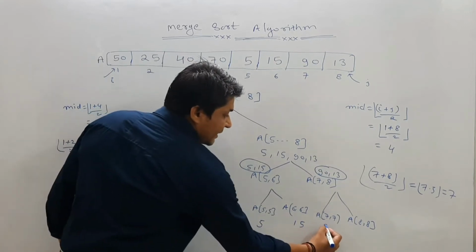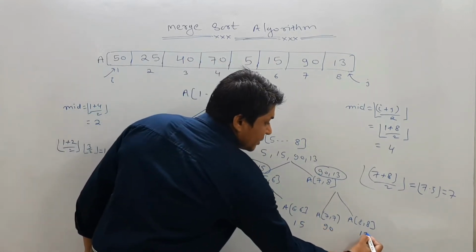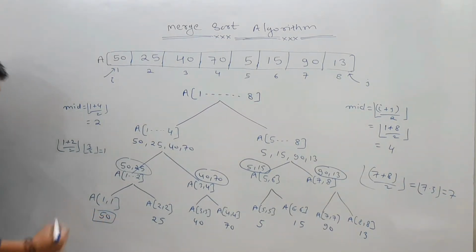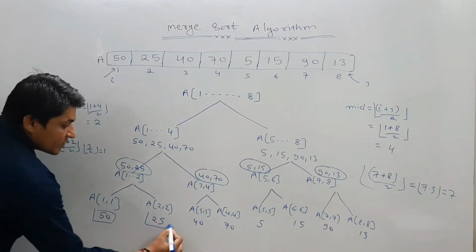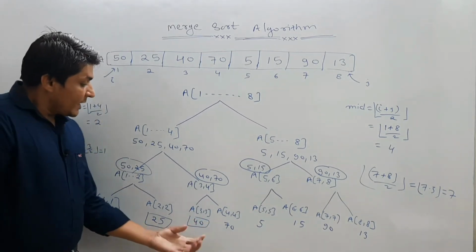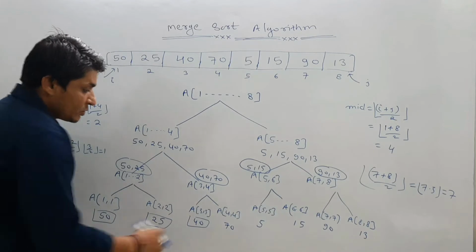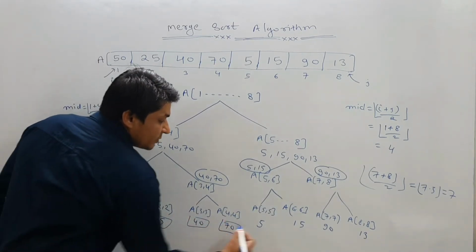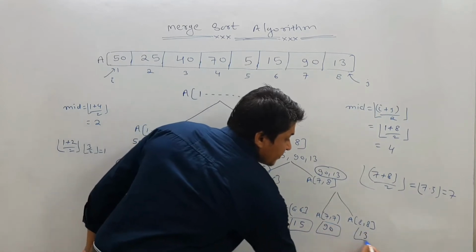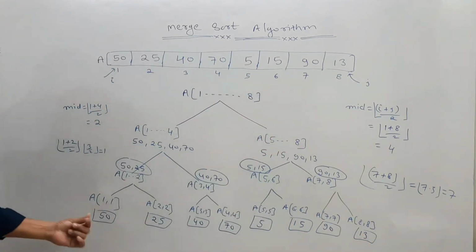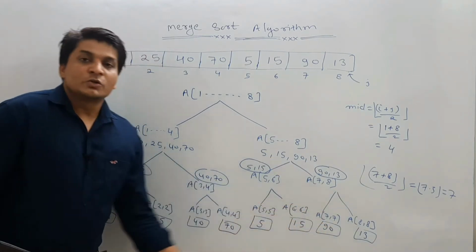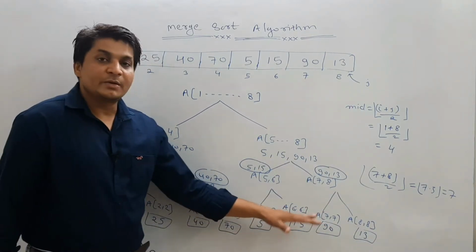90, and it contains 13. If you see now, this is one sorted array, and this is one of the sorted arrays. Because if an array contains one element, that array is always a sorted array, correct? So this is 70, this is also one of the arrays, this is also one of the arrays. If you see how many sorted subarrays we are having: 1, 2, 3, 4, 5, 6, 7, 8. So we are having 8 sorted subarrays.